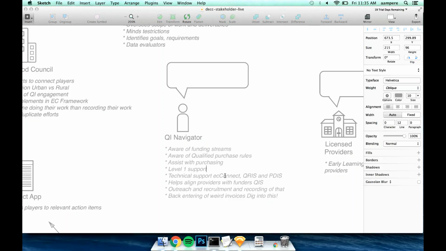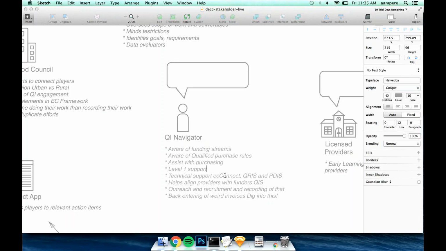And I think as we go forward, it's sounding like from the QIRFA, level 1 support is not included in that QI, and so it sounds like maybe they're using R&R funds for level 1 support, or we might need to try and get foundation dollars for level 1 support. So in which case, it's possible QI navigators might be working in a lot of other funding sources than what they're used to right now.